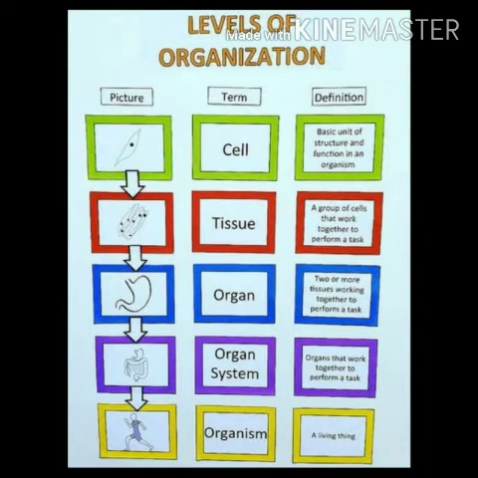So what are the levels of organization of an organism's body? Cells, it is the basic unit. Then it forms the tissues. Tissues help to form the organs. A number of organs combine together and form the organ system. And many organ systems combine together, and finally an organism's body is formed. So I hope after this you will be able to say that cell is the basic structural unit of all living organisms, or we can also say that it is the building block of all living organisms.